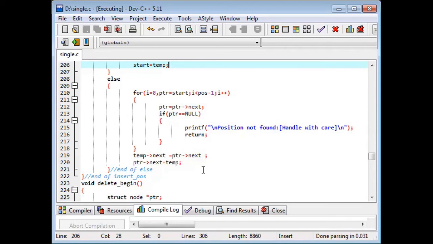Okay, the address in the new node, which one do you need to assign? Pointer of next node. Take the current pointer's next node address and put it in the temporary node's next, and temp equal to previous node's next, assign the temporary node address. So these two lines are very important. Temp of next equal to PTR of next, PTR of next equals to temp. That's all. Once you assign like this, a new node will be inserted between the given position. Okay. We will try executing this and we will see how it works.